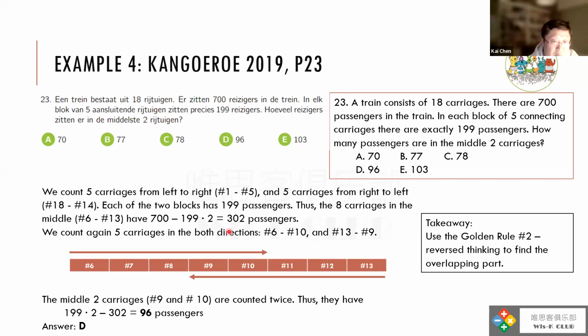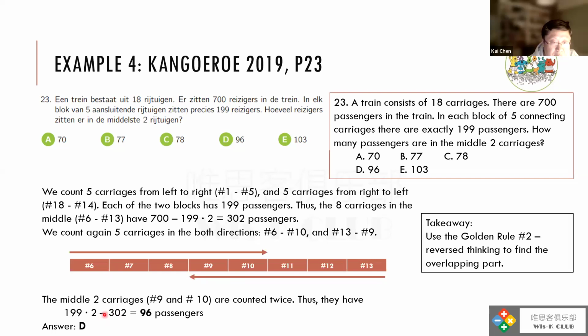Okay, we focus on this part, and then we count the 5 carriages from the left to the right, or from right to the left. I would say, oh, the number 9 and 10 are counted twice. Right? The people in the 9th and the 10th carriages have been counted twice. If we counted twice, what will be the number? That would be 2 times 199, right? Because each 5 contains 199,